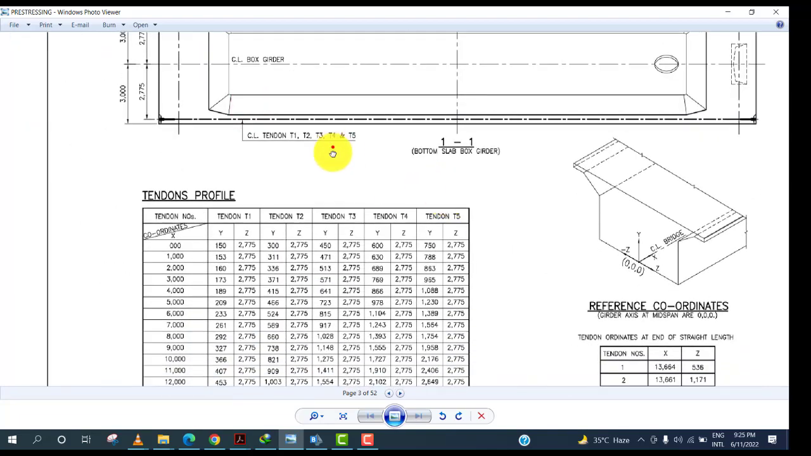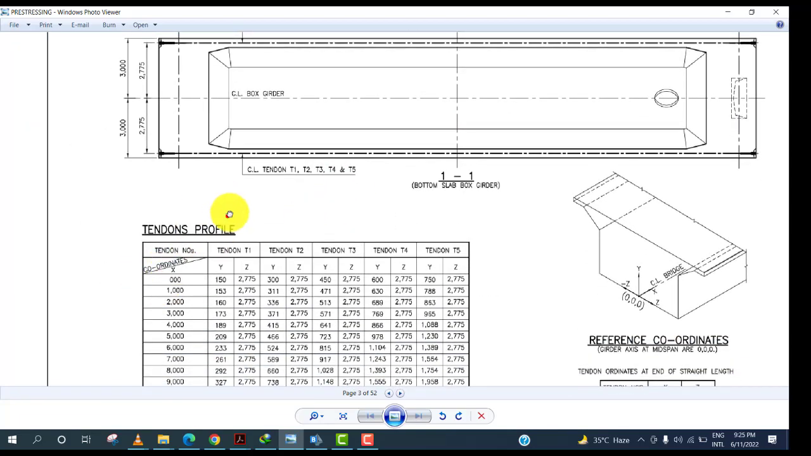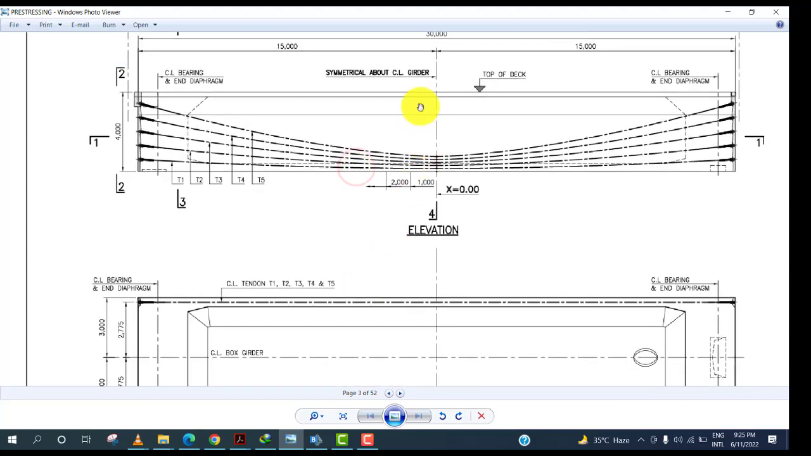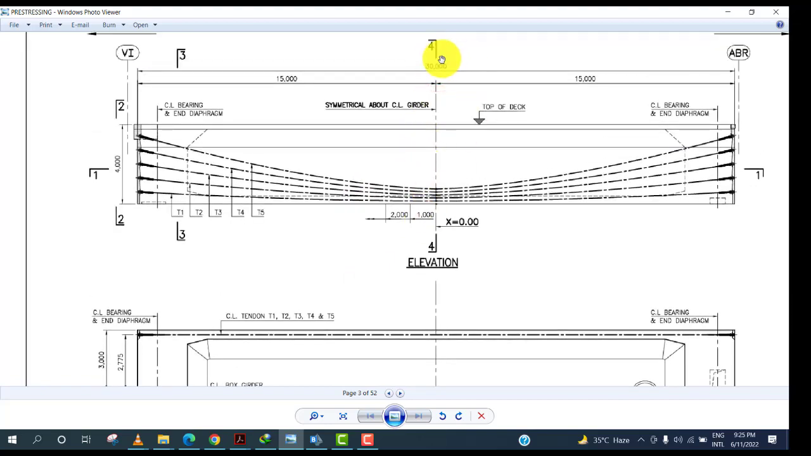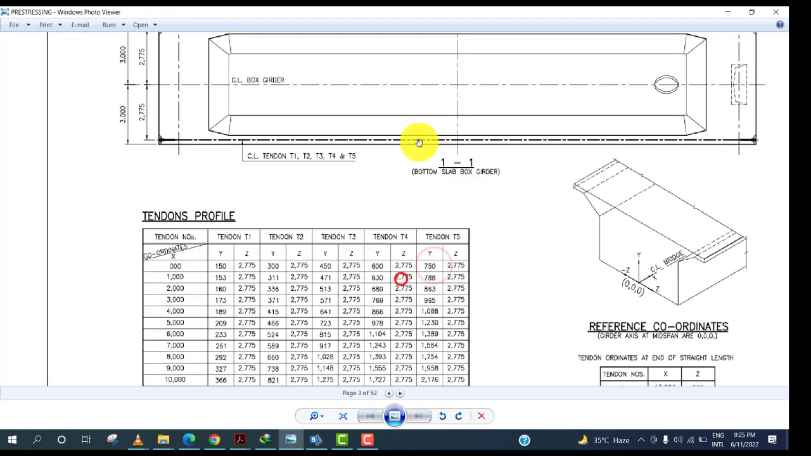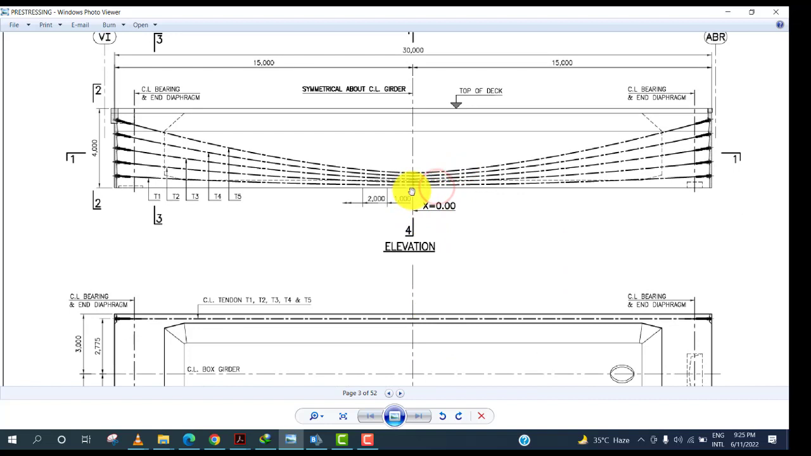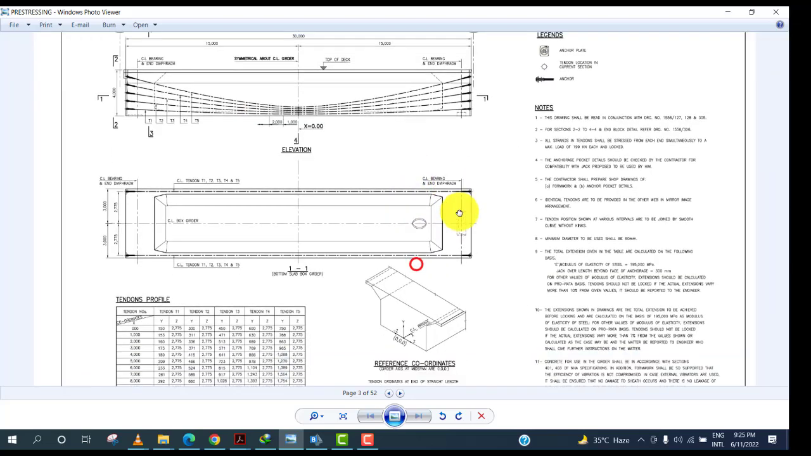At the start, as you can see in this drawing, the 0 0 starts from the center of the girder. The 0 0 has an eccentricity of 150, or a location of 150 from the bottom. So 150 from the bottom comes out here. At the midpoint, it is at its lowest position to produce maximum effect. So the tendons